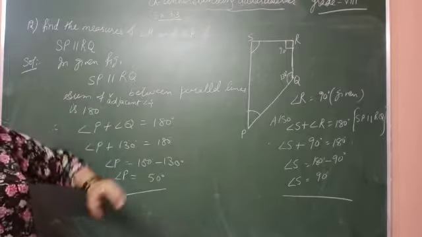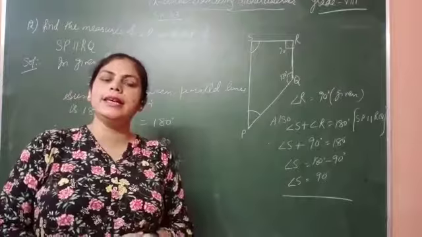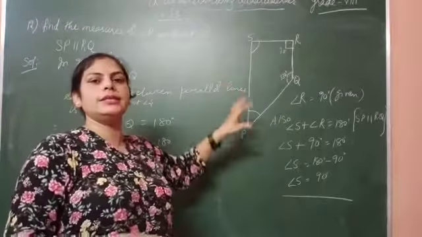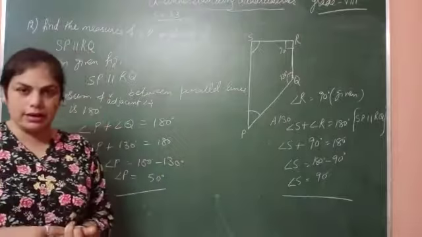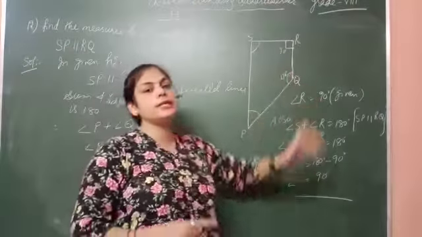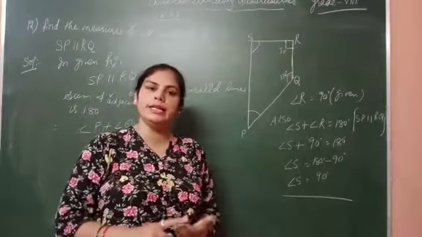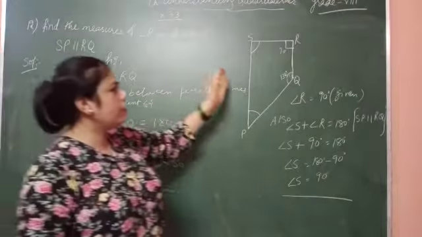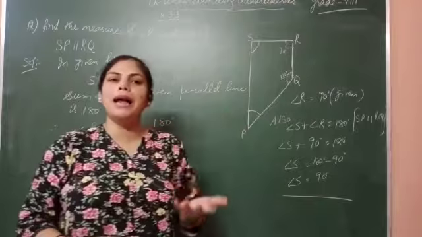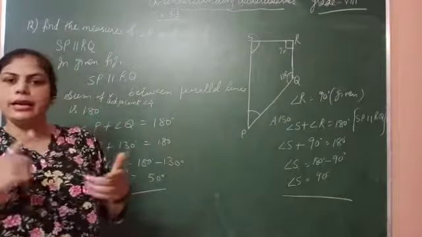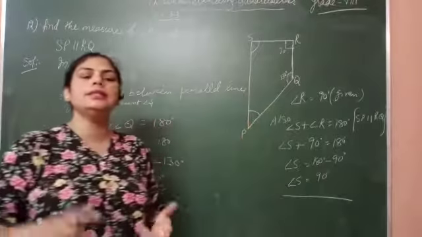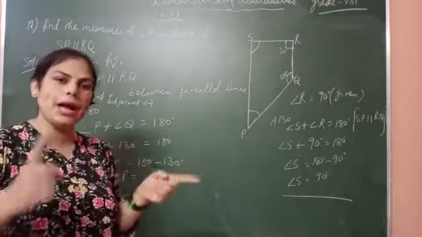Here we apply the sum of adjacent angles between parallel lines. 10th में क्या था, आपको adjacent angles दिए थे, you have to prove these lines are parallel. तो वहाँ पे हमने check किया, sum of adjacent angles 180 आता है, तो lines are parallel हैं. And in 11th and 12th you have given lines are parallel, और हमें angles निकालने हैं. If lines are parallel, the sum of adjacent angles is 180 degree between parallel lines.